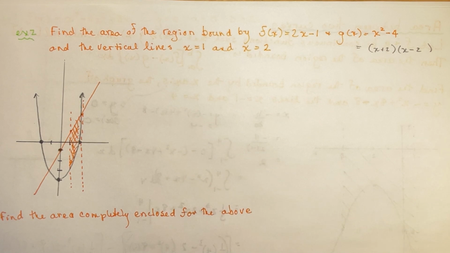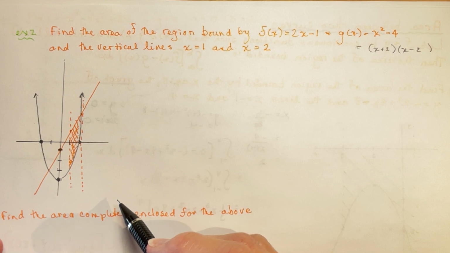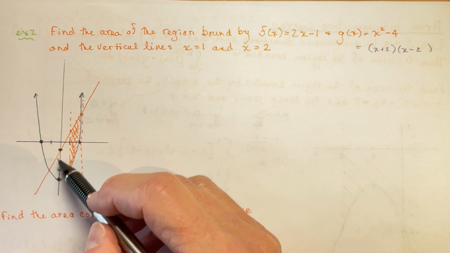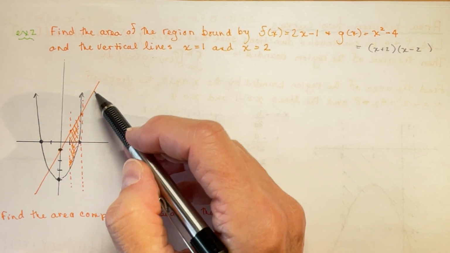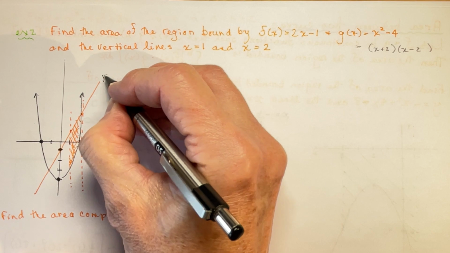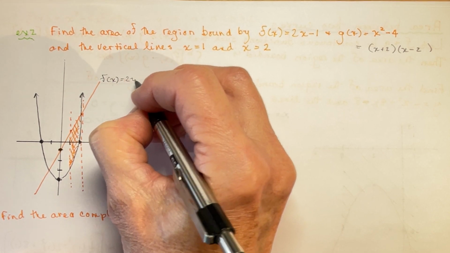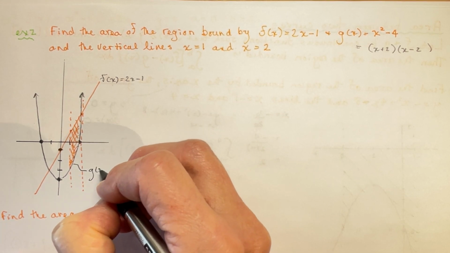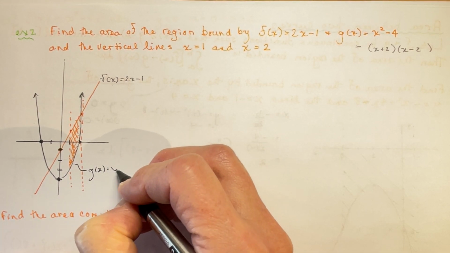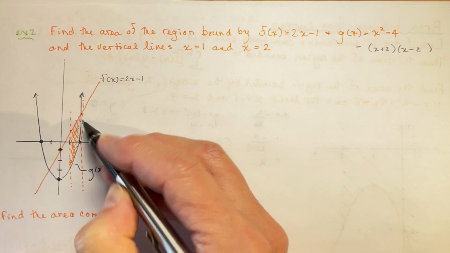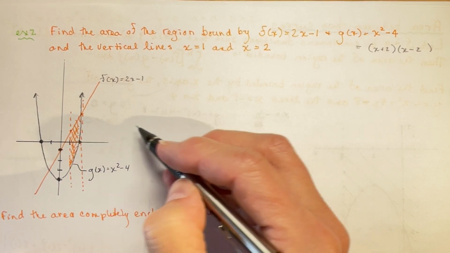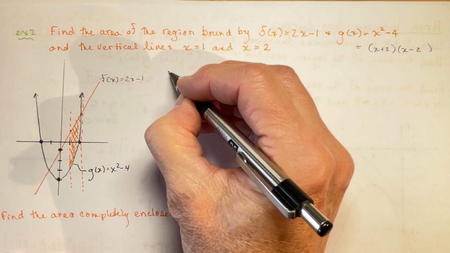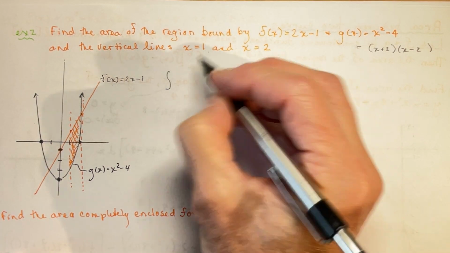So again, you have to figure out which one is above. So we've sketched it, we've identified the region. It's always below this line. So my line is f of x equals 2x minus 1, and my g of x was the parabola. You can see in this case that the region is always underneath f of x. So that means I'm looking for the integral between 1 and 2